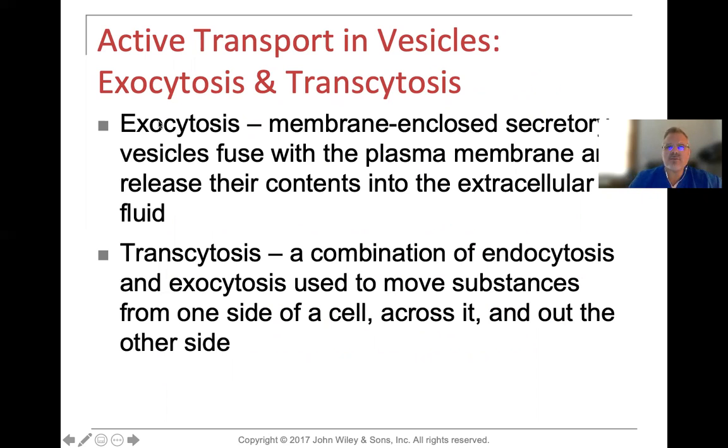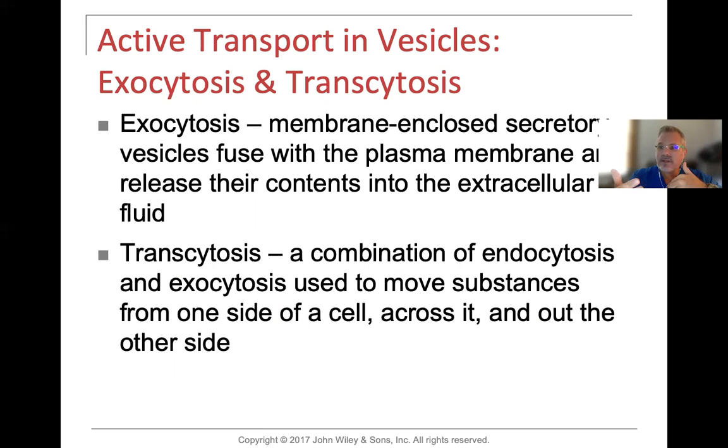where exo is the word exit. It's when a membrane enclosed secretory vessel can move towards the cell membrane and fuse with it, and it opens up and releases its contents. Maybe it's a protein, maybe it's a hormone, maybe it's a neurotransmitter, maybe it's a digestive enzyme, but that's exocytosis. Transcytosis is a combination of